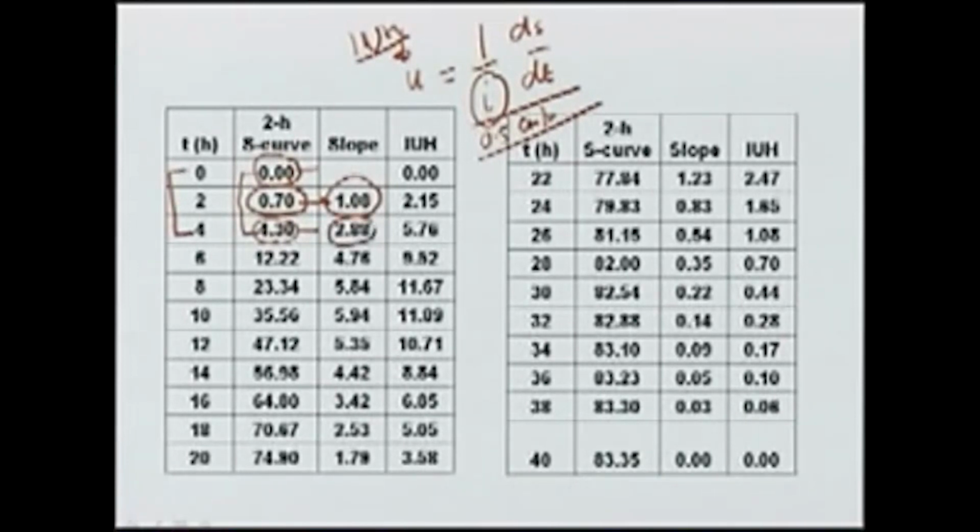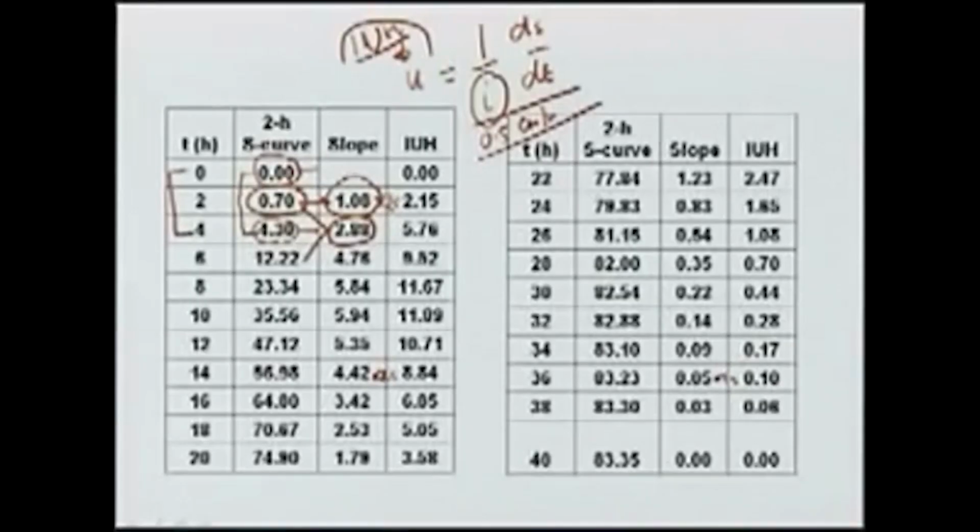Similarly, 2.88 is the difference of 12.22 and 0.7 divided by 4, and then IUH will be multiplied by 2. So, this is into 2 will give us 2.15. Similarly, all these values are multiplied by 2. So, in this way, given a 2 hour unit hydrograph, we can derive an IUH for that particular basin, and